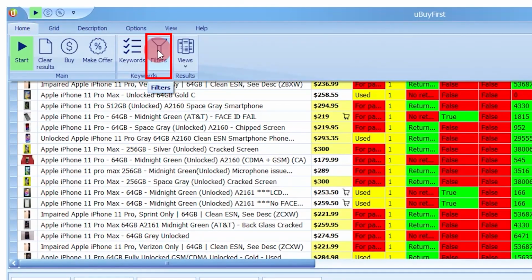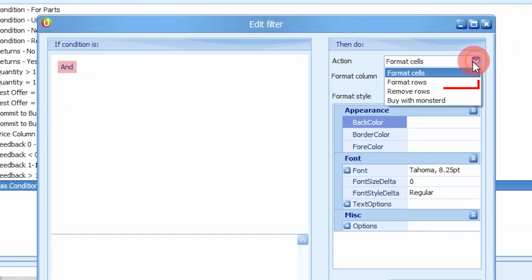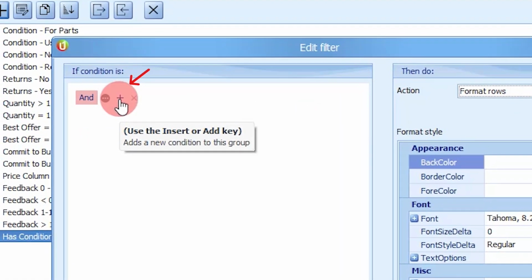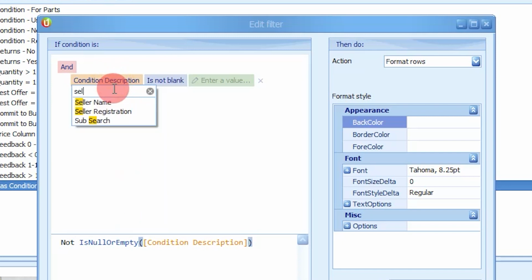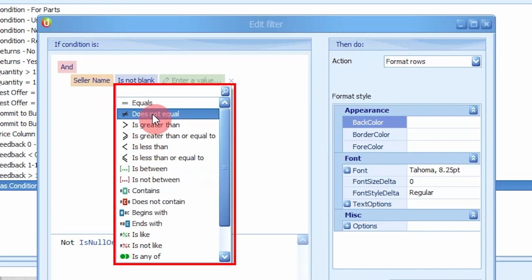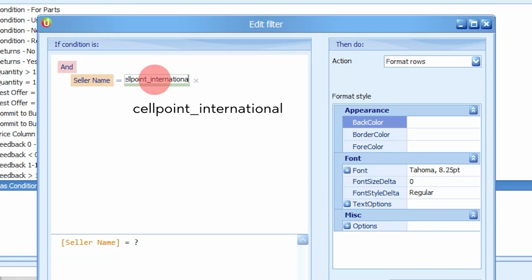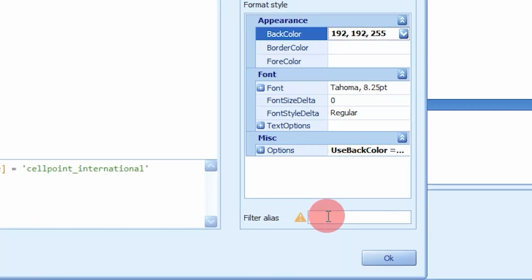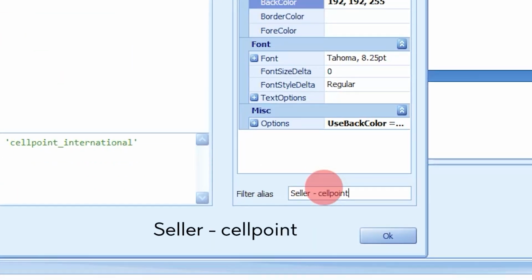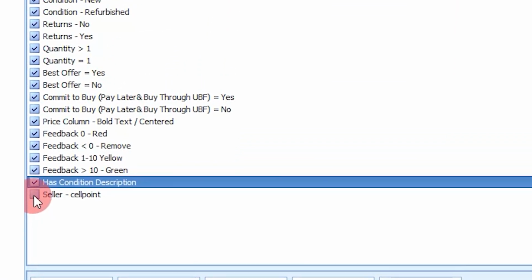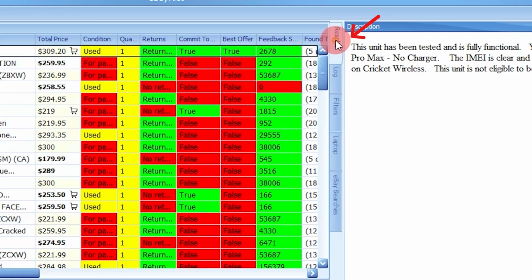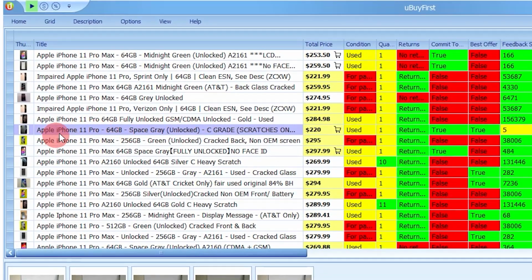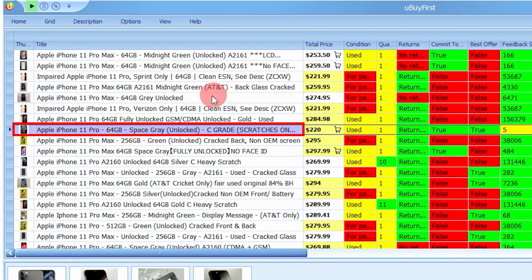In the next example, we'll make a filter rule that highlights if a listing result is a specific seller. We'll click plus. We'll say to format the entire row. We'll click plus, and we'll say if the seller name is the Sell Point International, we'll assign a color condition. We'll give the filter rule a name, call it Seller Sell Point. Click OK. Make sure that the filter rule is enabled. Go back to results, and as we can see, here's a record where I'll know that it's a specific seller,